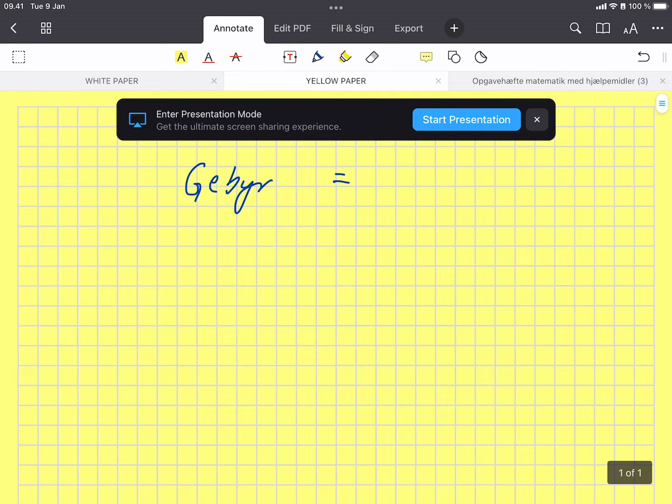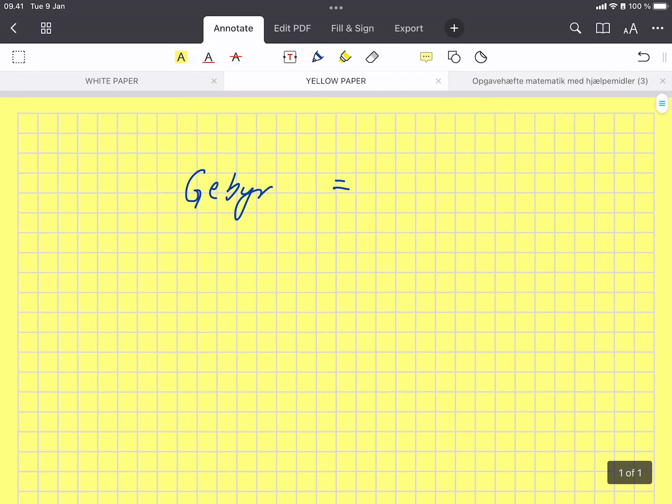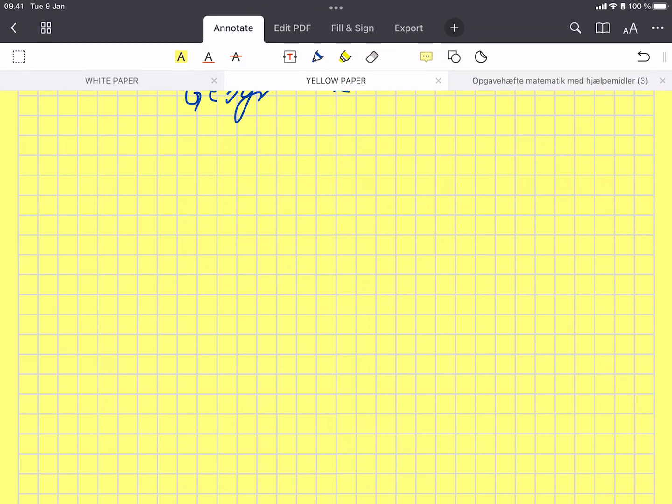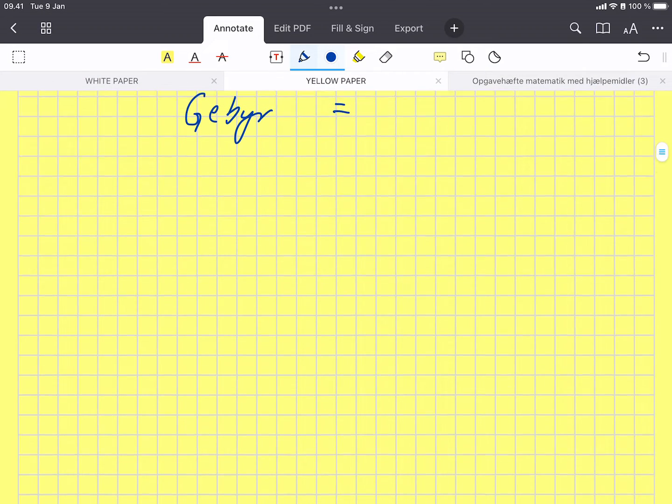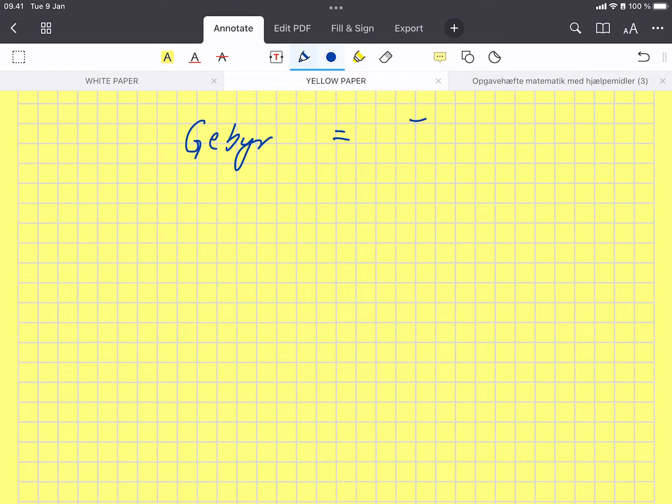So they have to pay 58, and then the adults, Voxner,